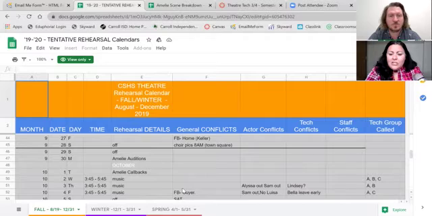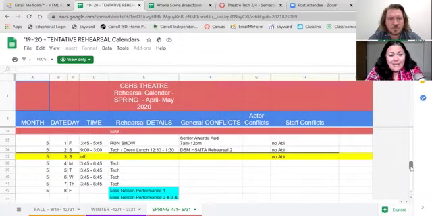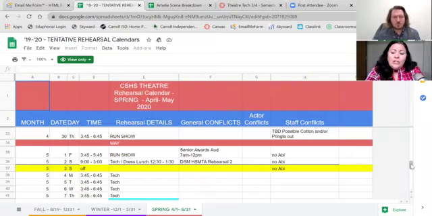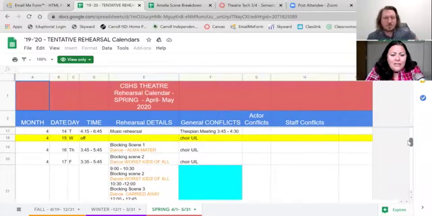I am going to look down here and show you guys. Oops, I'm having trouble. Aha, I can move that. I don't know if you guys can see what I'm moving or not, but it's my Zoom. I'm going to look at spring of last year because we had this schedule ready to go and it doesn't have colors on it. So if you look, well, I'll explain that in just a second. If you look here,